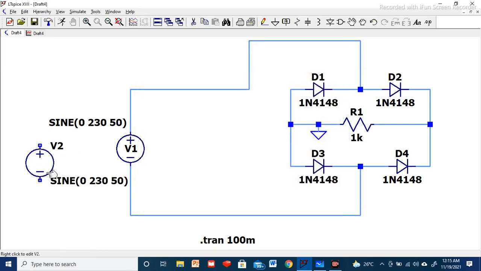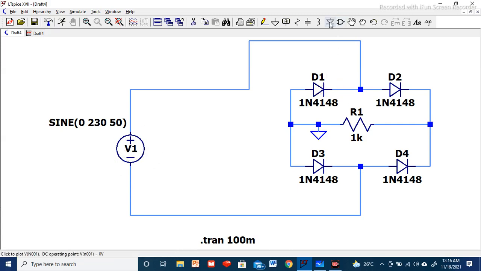Okay, now I'll delete this V2. I just explained this to show how we have defined the V1 voltage source as sine. I have written 0 for offset; I am not giving any offset voltage. Those concepts will come in the next advanced videos, when I'll be teaching about the common emitter configuration, amplifier and all those things. At that time I'll explain everything in detail. So this is now defined.